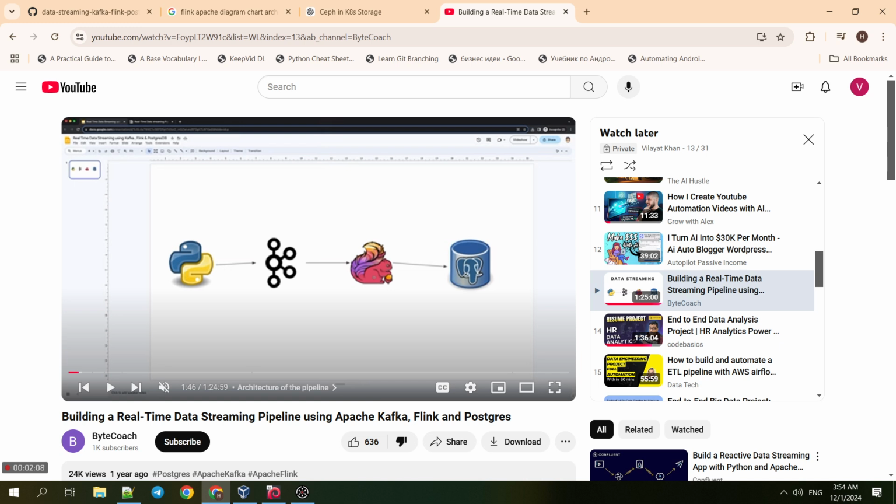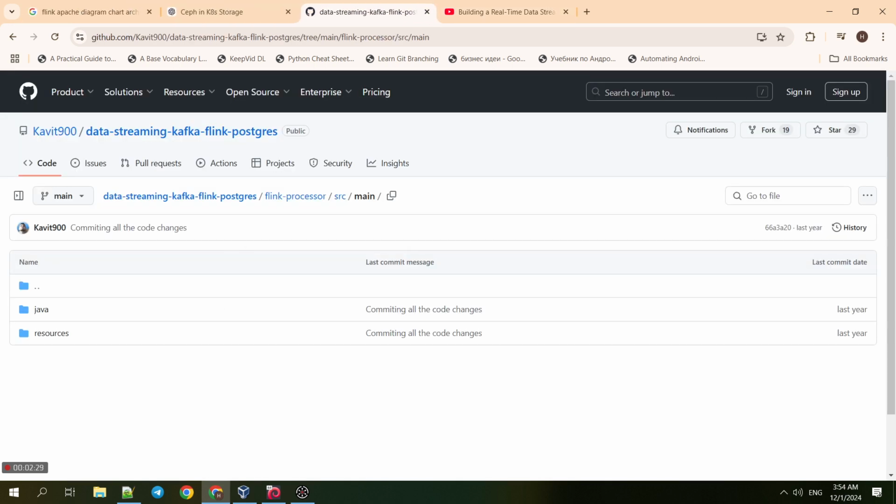So if I want to properly deploy it, you first have to build a jar file out of the Java using Maven. Maven is a build and compile tool. This Flink is not running as a standalone cluster, so you actually just run a small jar job. And if you're running a small jar job, as you can see here, it's